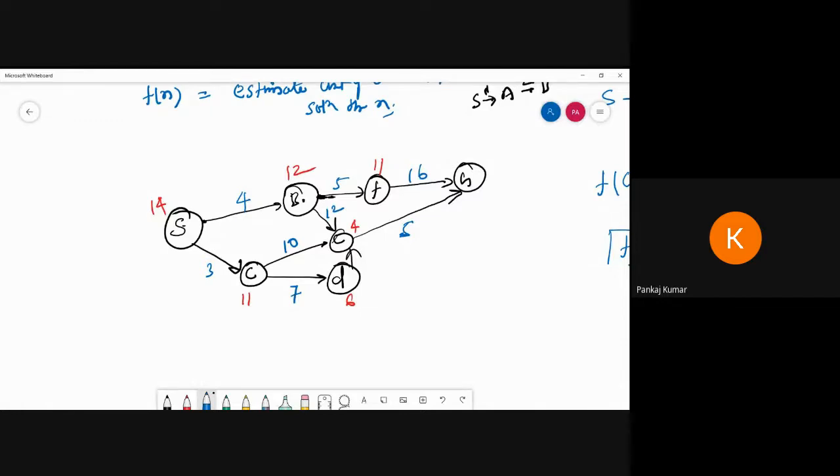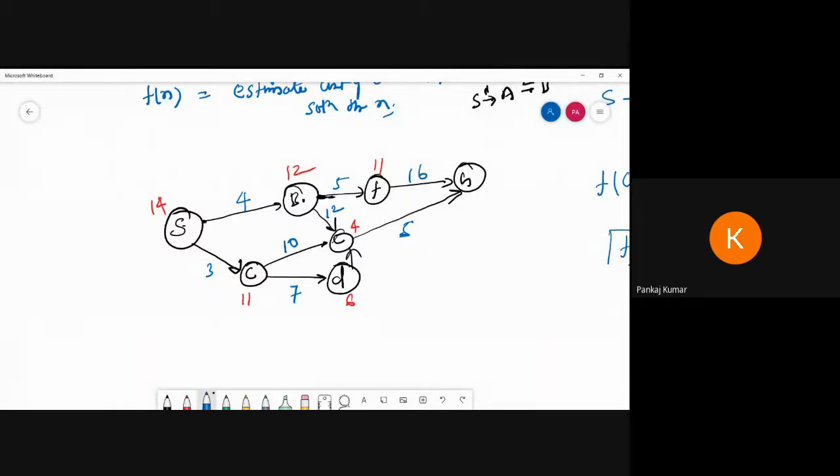Now we are going to talk about the time complexity of A star. By default, as you know, this one is complete and optimal. If you're talking about the time complexity, we can explore each and every branch, that means the branching factor, and we can go down to the depth. So the time complexity is order of b to the power d.